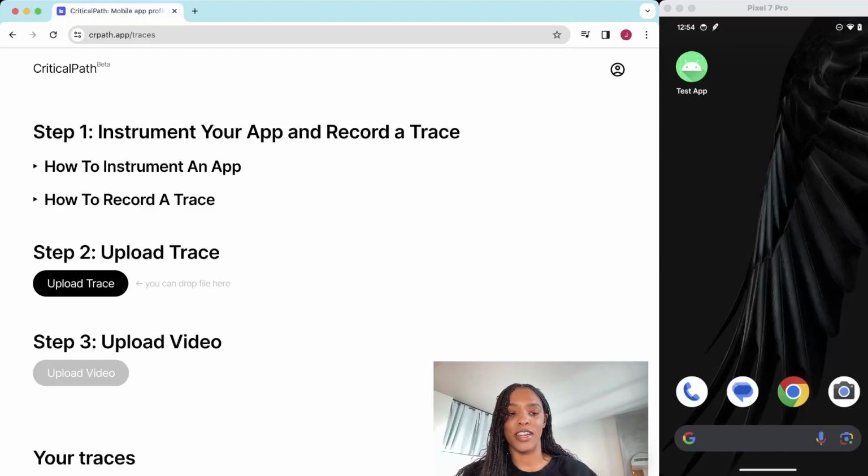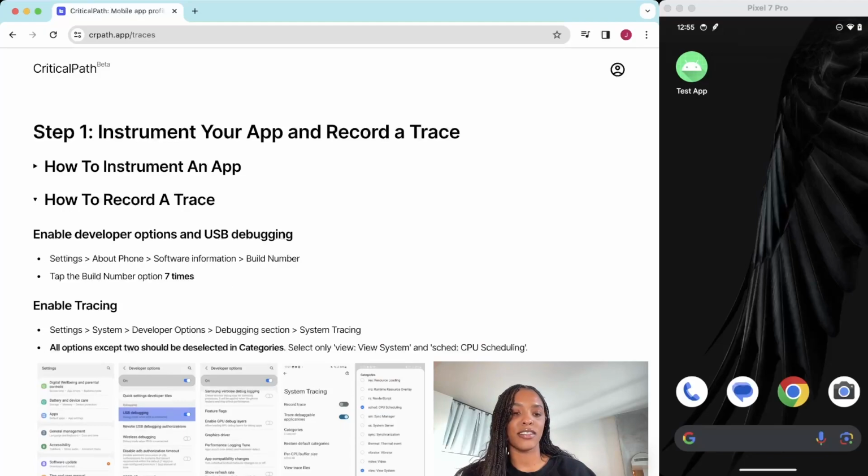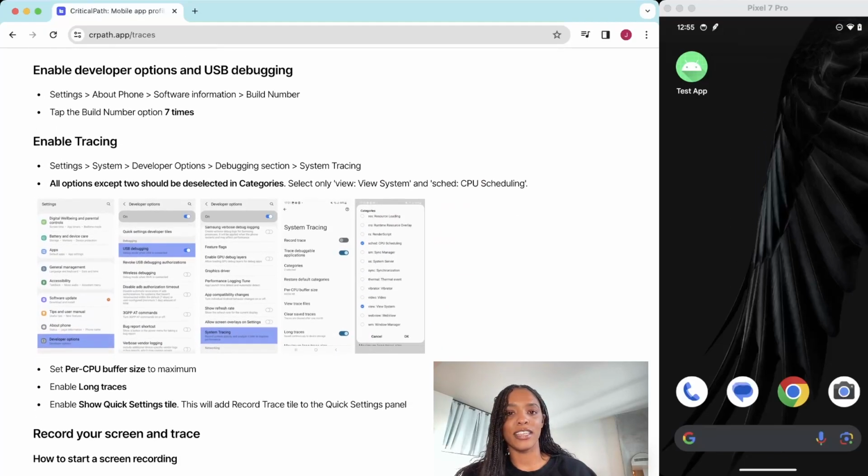And we already have a video showing how to instrument your app, but once you have your instrumented app installed on your device, the next step is to enable system tracing so that you can record and upload your trace. So if I expand these instructions, we see here, step 1 is to enable developer options and USB debugging on